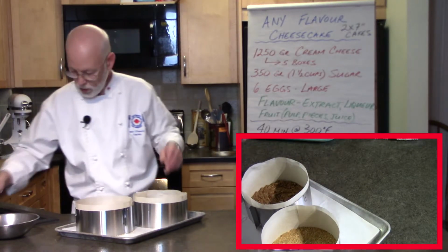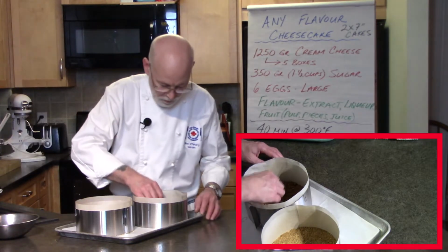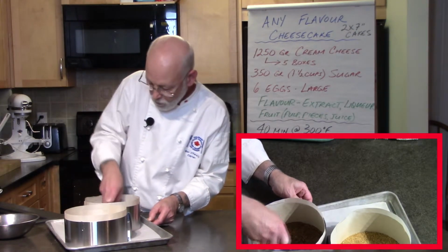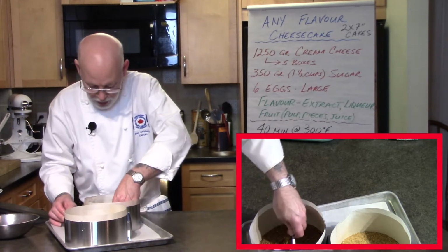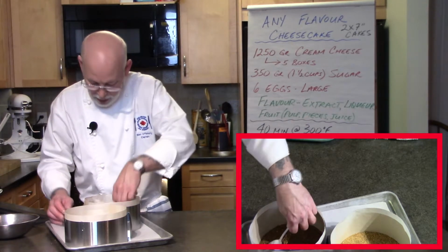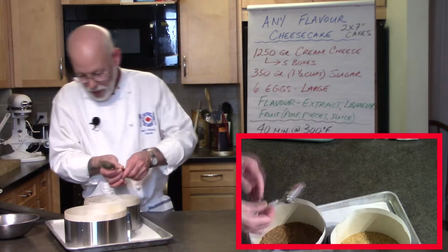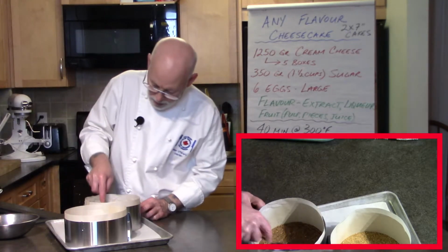And we'll just come back to our chocolate, and we're going to go in with a spoon and force that all down. You can get the parchment paper in rolls. You can get your parchment paper in sheets. I am using both here. The sheet is what's down below, and then I have a large roll that I pull off, and I just fold it and use a razor knife to cut it to make a collar